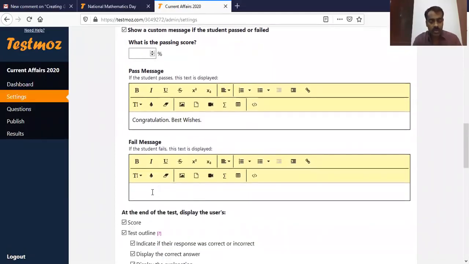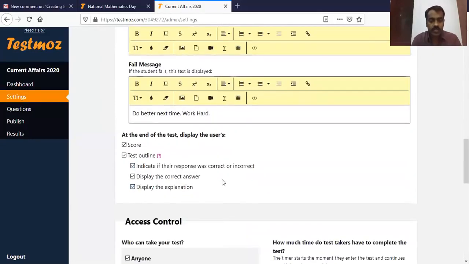For fail students, suppose we say do well, or do better next time, work hard. Some message we can write so that the student will read, but it should usually be in a positive sense.